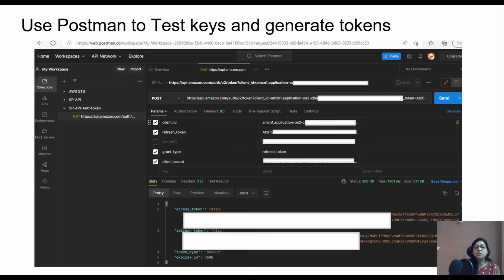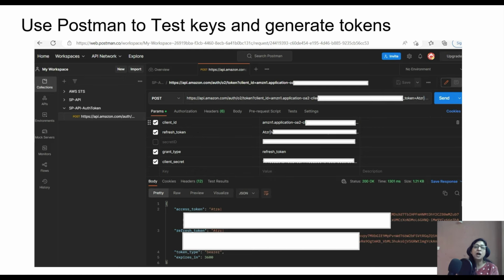Now you can see on the screen, one is the refresh token. When you add your app, that is the token that is generated, and one is the access token. You need it to access your API, and that token is only available for 1 hour, as I mentioned earlier. There are other ways also to do it. You can test this through the code, but that takes time.